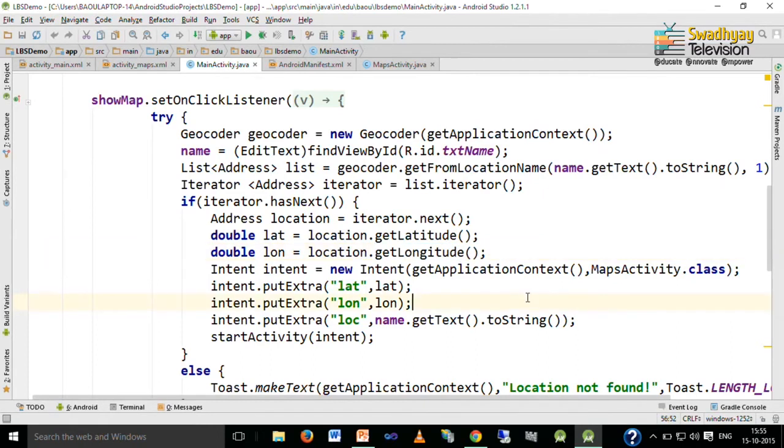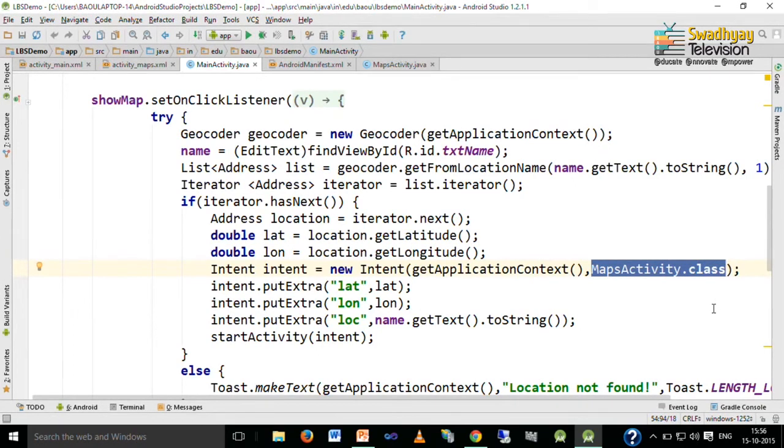Now, once the longitude and latitude for the given place are available, we can launch our main maps activity using an intent. So, here I write intent is equal to new intent, and the first argument is a context and the second argument is the name of the activity.